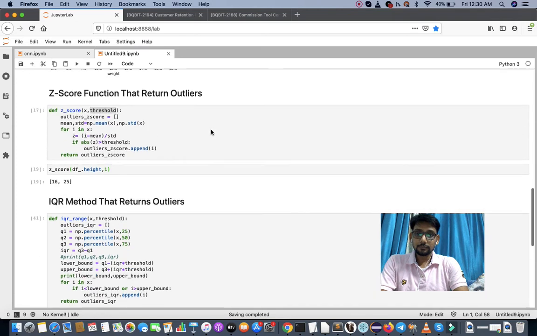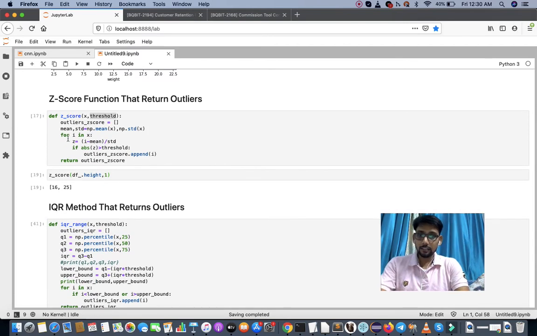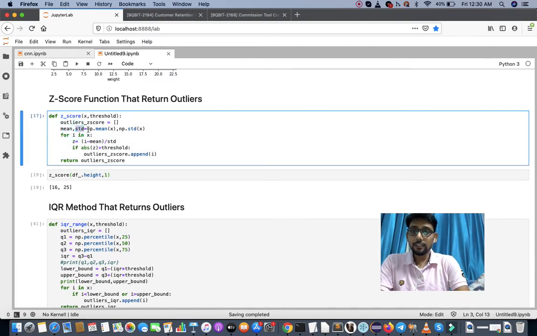So again, let's see. We get the mean and standard deviation using np.mean. In numpy we have a mean function, and in the mean function we pass the value of x, which is the feature, and it will return the mean. Similarly, we have the std function that will return the standard deviation. In the std function we pass the feature again. So using these functions, now we have the mean value and the standard deviation value, right?